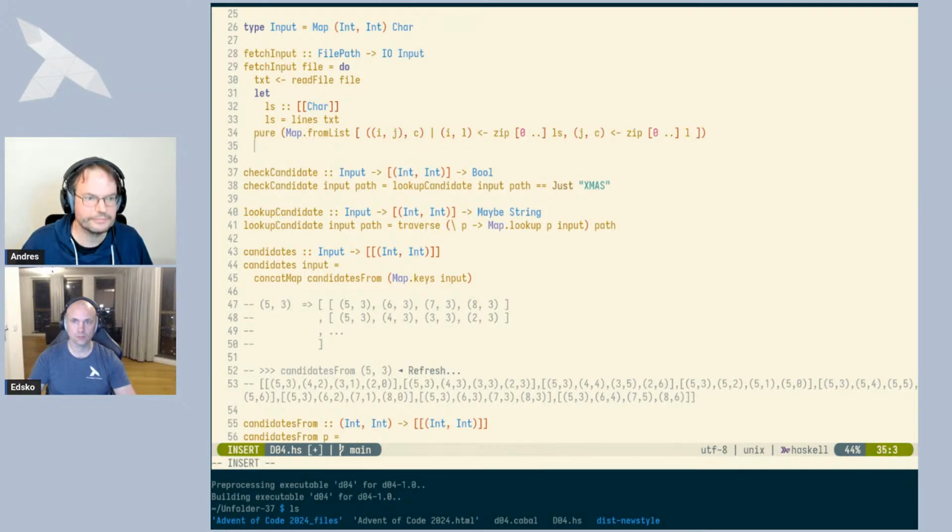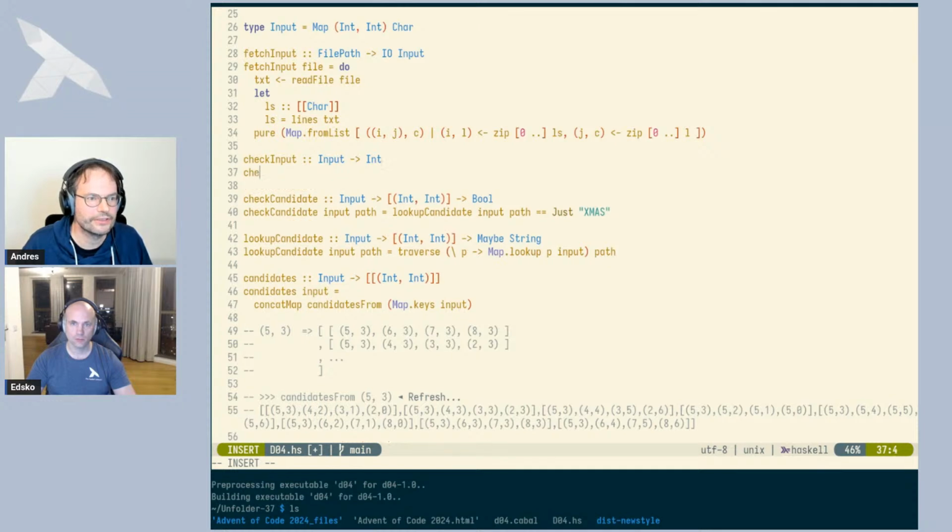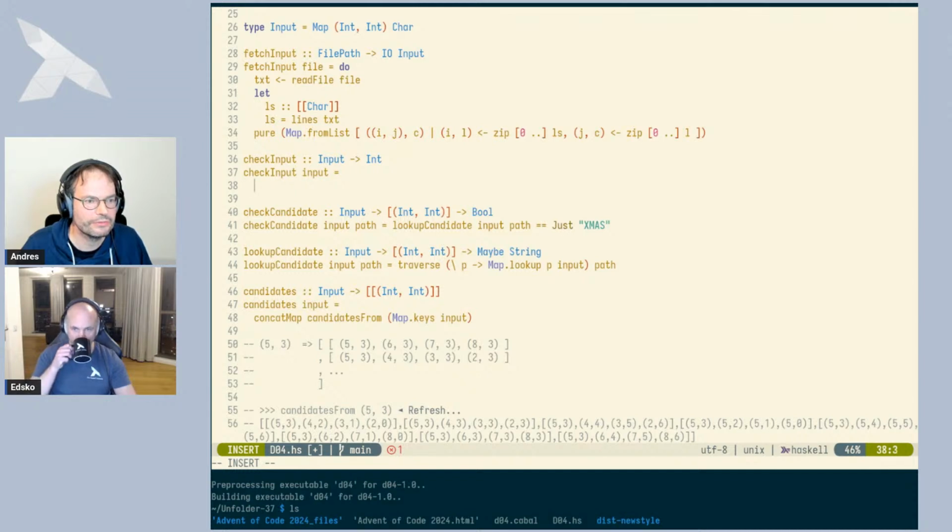And then we're getting close, I guess. Check input, or check in, let's call it check input, is input to int. That's actually what we need. That's your part 1, isn't it? That's part 1. Yeah, I'll just map part 1 to that. So that's just going to take all candidates for the input,